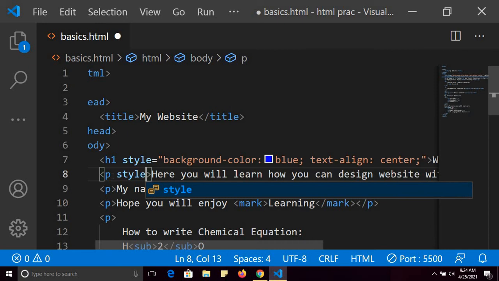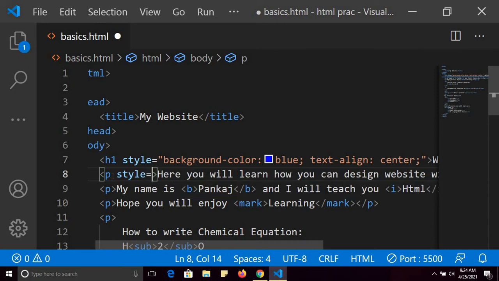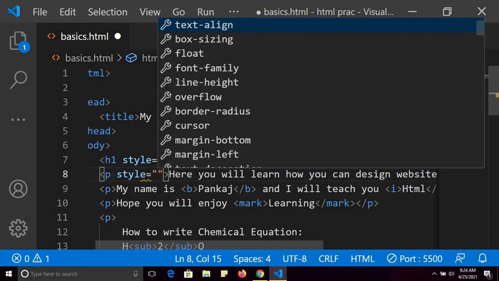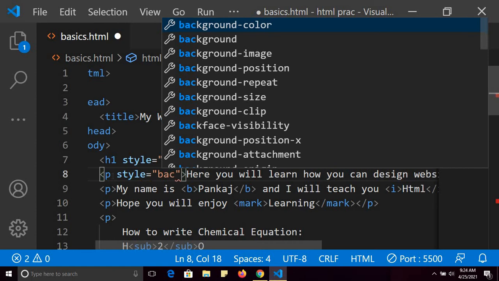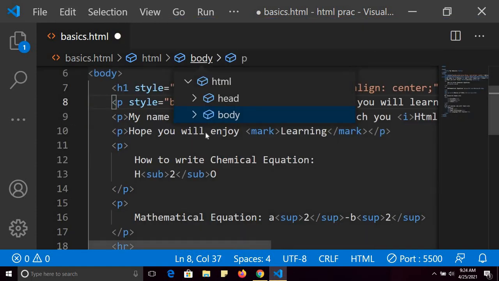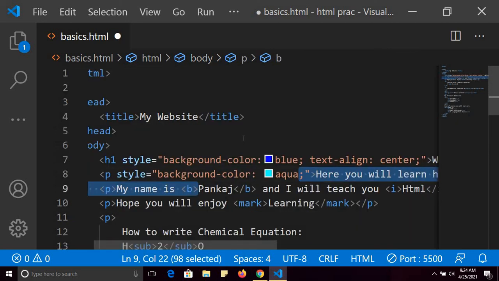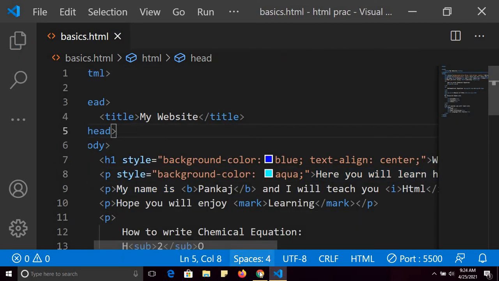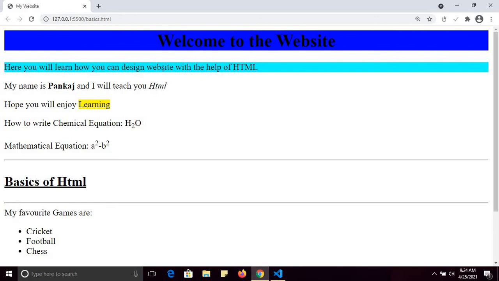Fine. And style equals to, again, background color, and now I want to give this color, and see the output.